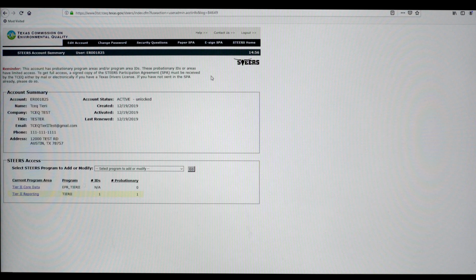Back on the account summary page, you should now see the Tier 2 reporting as a selectable program area in the current program area column, with the number of CNs you have added under the IDs column. If you have any IDs currently in a probationary status, there will be an additional column showing the number of IDs. To convert probationary program areas to active, you'll need to submit a STEERS participation agreement in either a paper